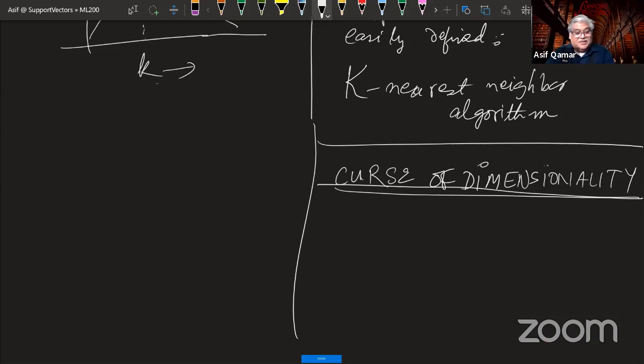Does that resonate with anybody? Yes, it does, right? So this is it. That's your k nearest neighbor, essentially. You find similar things for whom you know the answer, and you